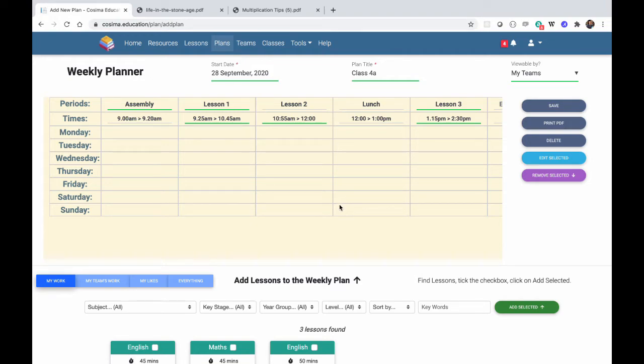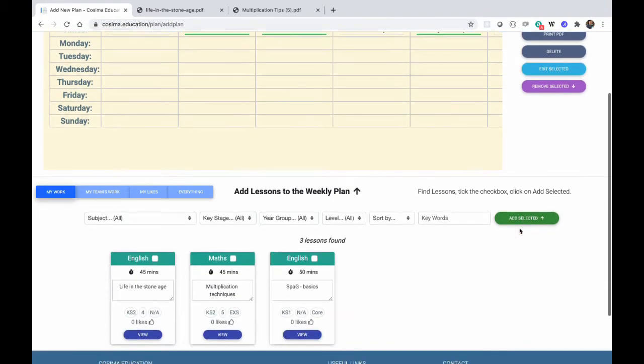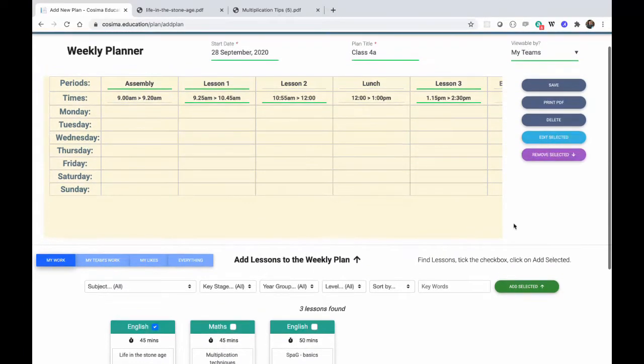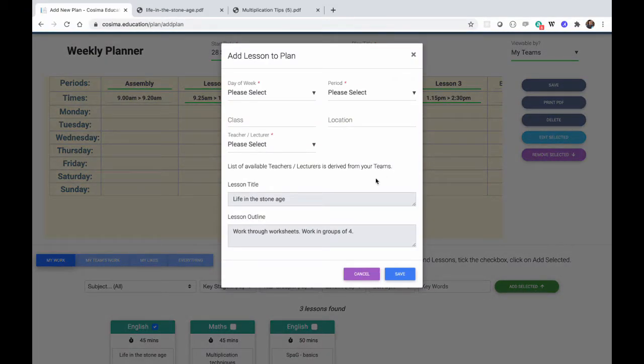Right. So again, you'll see at the bottom, this time instead of seeing resources, I'm now seeing the actual lessons that have the resources in them. We previously set up this lesson for 45 minutes long, Life in the Stone Age. That's the one I want to add to my plan. Add. I'm going to do that on Monday, and I'm going to put that into lesson 1. That's when I'm going to deliver it. It's for class 4A,